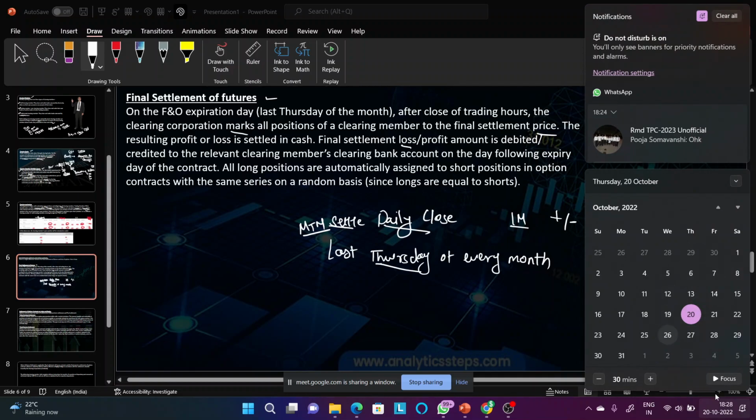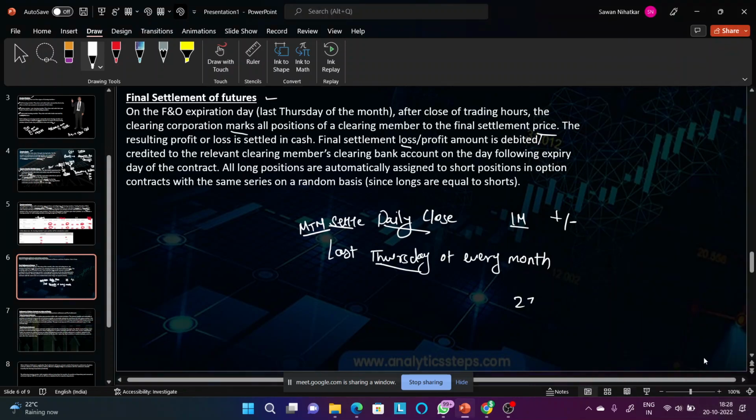But let's talk about the last day, that is 27th of October. In case of 27th of October, when the markets are close, यानी कि 3:30 के बाद जब मार्केट क्लोज हो जाएगा और प्राइस में मूवमेंट्स बंद हो जाएंगे 3:30 के बाद, उसके बाद क्या होगा कि क्लियरिंग कॉर्पोरेशन जो है वो हर एक क्लियरिंग मेंबर का डायरी ओपन करके देखेगा कि what are the number of trades that particular person has cleared, एंड उसके हिसाब से जो भी प्रॉफिट एंड लॉस है वो सब कैश में सेटल